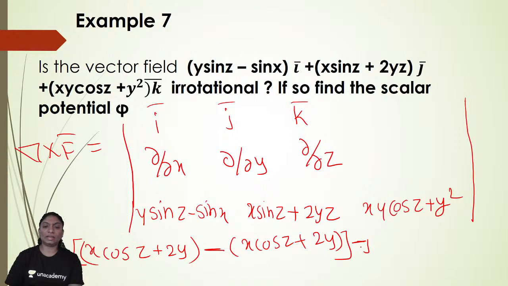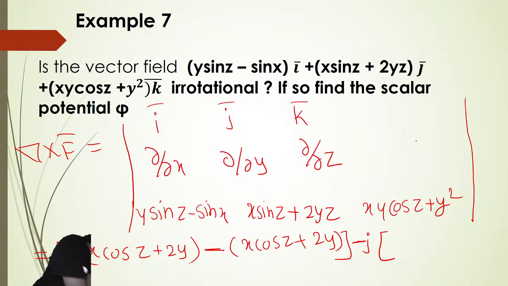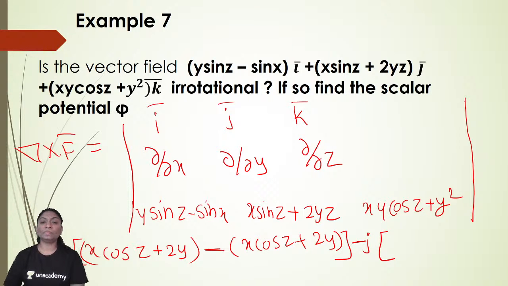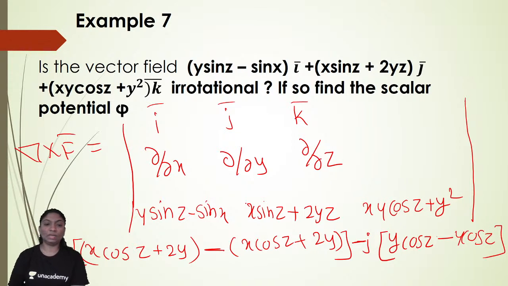Minus j bar into bracket del by del x of F3, so you will get y cos z, minus del by del z of F1, you will get y cos z again. The value of this is 0, plus